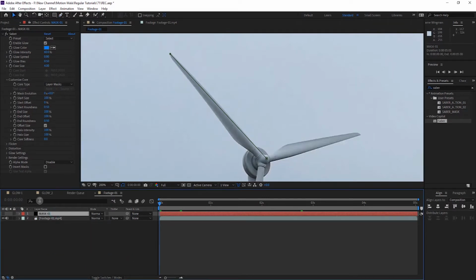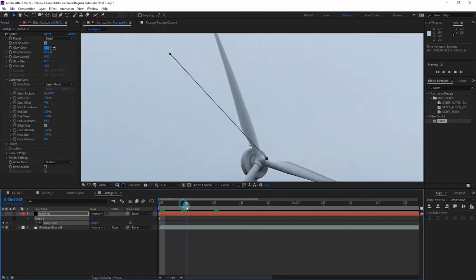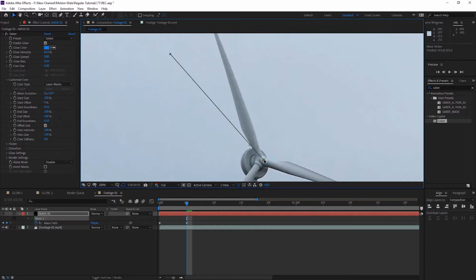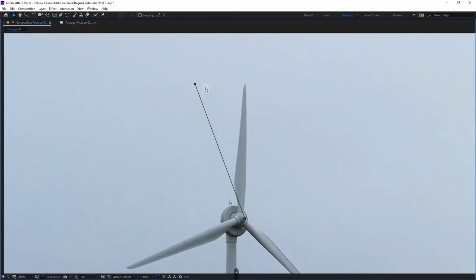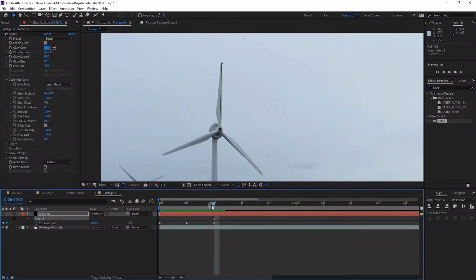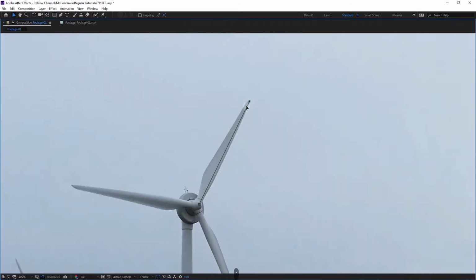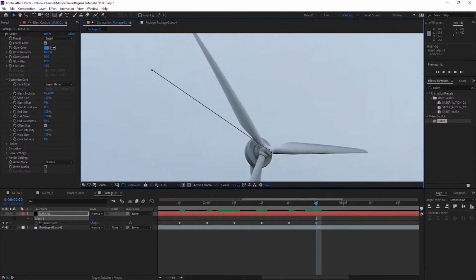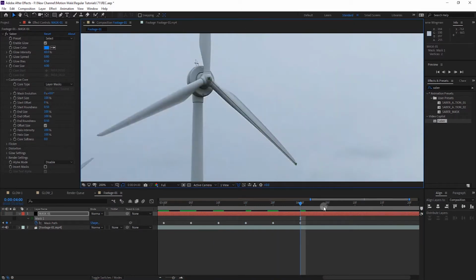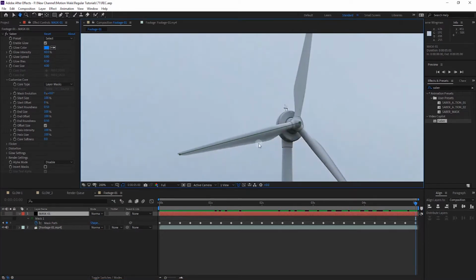After that you can press M to see the mask path and add a keyframe on the mask path. Zoom your timeline and go to 5 frames and align it like this, then go to 10 frames, 5 frames forward. I add keyframes on 5 and 10 frames, and go to 15 frames, align it again, and do the same thing for the whole video. Here I have done the keyframing for the first mask.